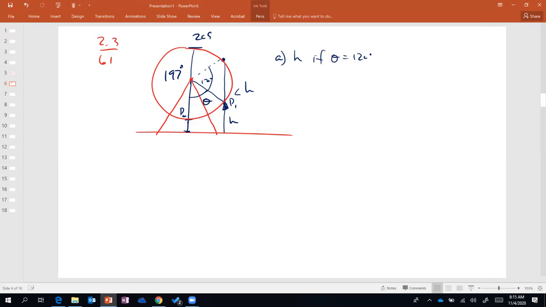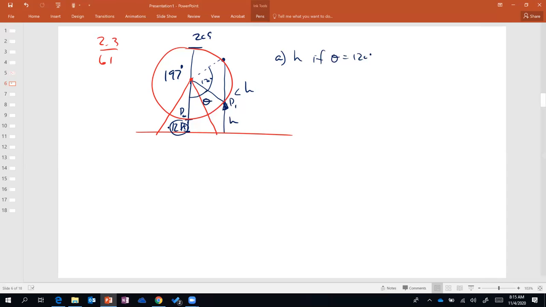I think it's 12. No, wait, 12 is fine. Yeah, it's 12. 209 minus 197, 9 plus 3. Sorry, chicken scratch here. So 12 feet above the ground. That's cool. Next is,